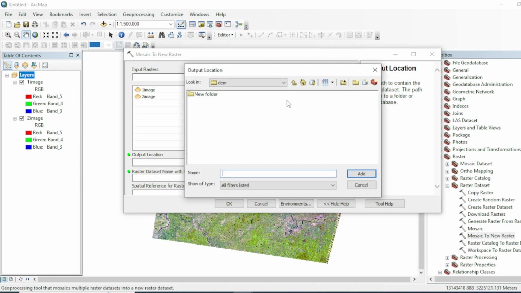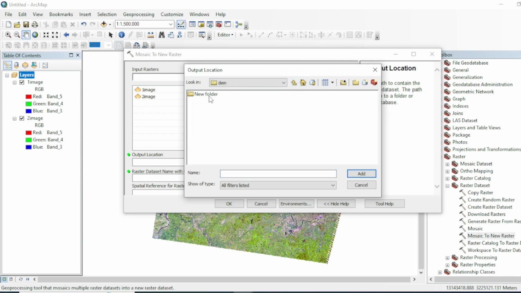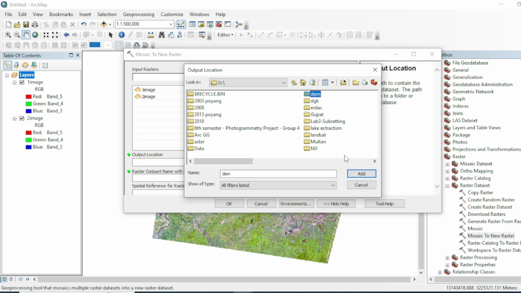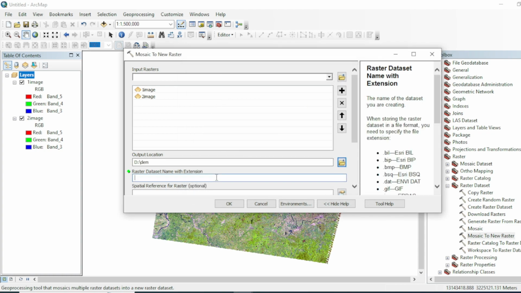And from here you will select the output location. In this case I am selecting this location folder, and here you will write the name of your file with extension. So my name will be mosaic.tif,